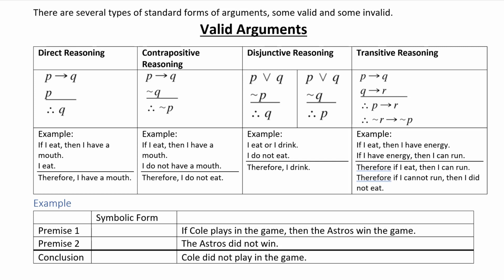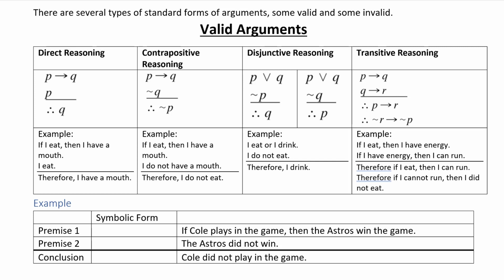Okay, so we have several types of standard forms of arguments, some valid and then some invalid. First, we're going to use the valid arguments and go through each one of those and give you an example of those, and then we'll go through the invalid arguments a little bit later. So the first